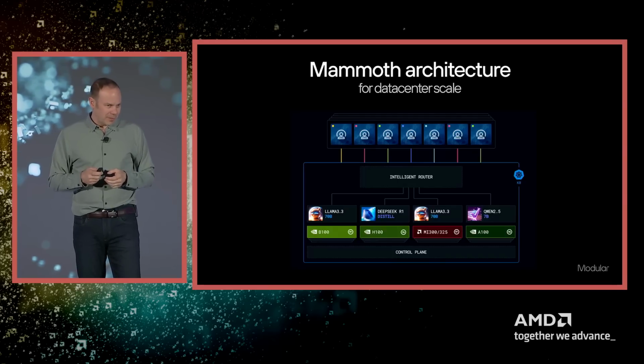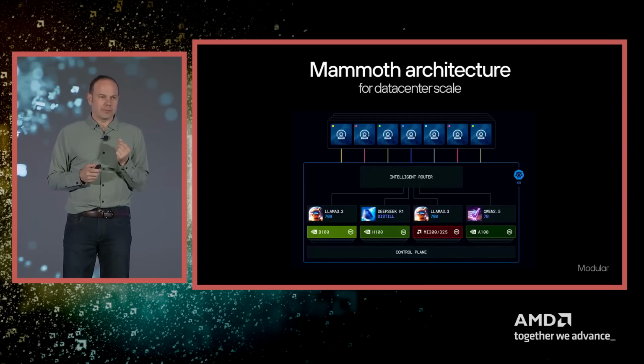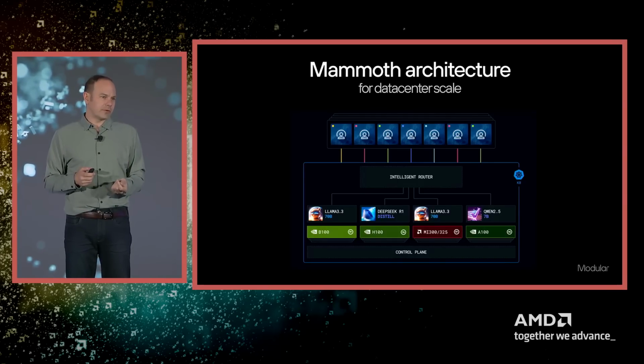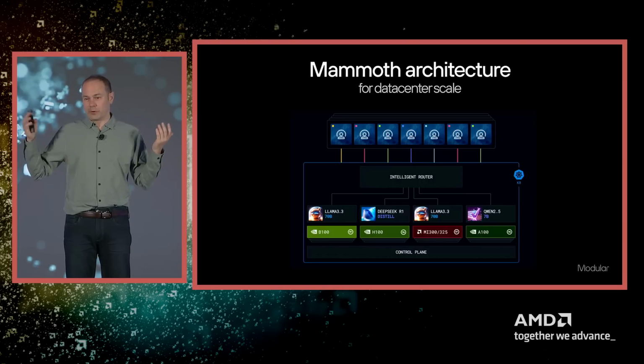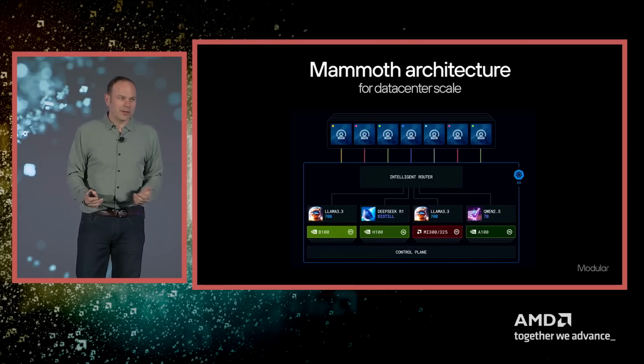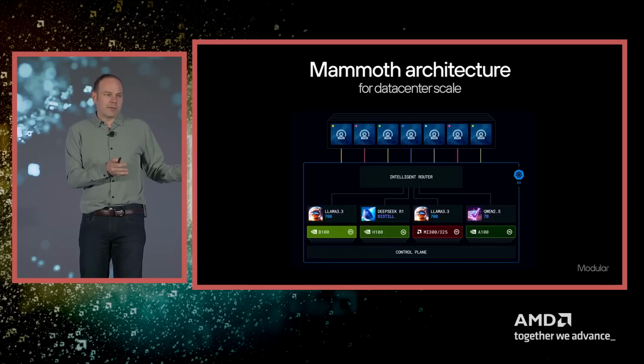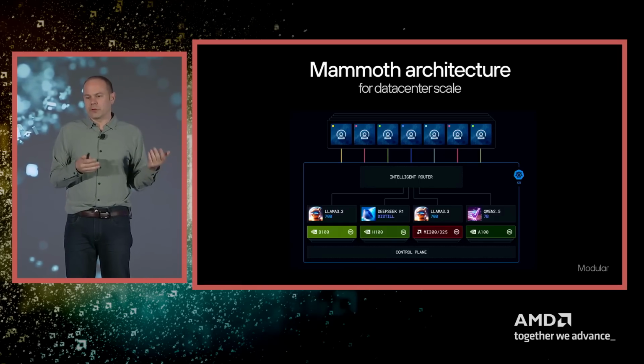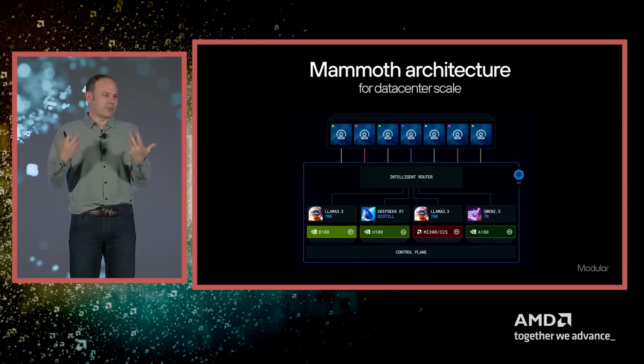The other cool thing about Mammoth and about our entire stack is that we have a single implementation that scales. It scales not just across research, but across hardware. And we love AMD. We're super excited about the 355 that we all heard about today. We also love our friends at NVIDIA, and they have great GPUs too. One of the cool things about our stack is it's natively heterogeneous.